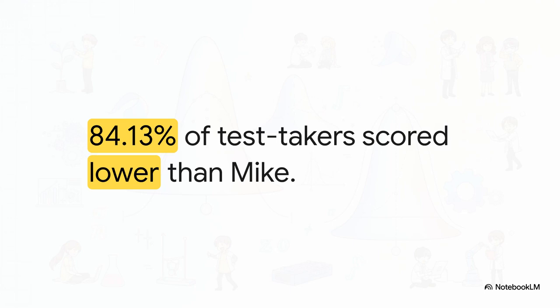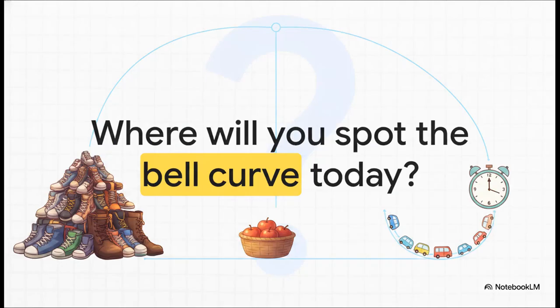Bringing our previous example home, let's look at Mike again. If we calculate his SAT z-score, and then we look that z-score up in our standard normal table, we find a value of 0.8413. This translates beautifully into a real-world fact. 84.13% of all test takers scored lower than Mike. He is sitting precisely in the 84th percentile. With just the mean, the standard deviation, and a z-table, we can find out exactly how common or rare any event really is.